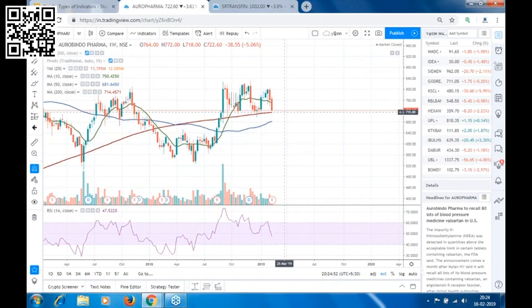Now the reason why we check all these time frames is basically that whenever we take an entry in any stock, we don't want any hurdle. So if you are taking a long entry, then we don't want any major hurdle on top of our entry point. Similarly, if you are going short in any stock, then we don't want any barrier on the lower side, so that we can get a good movement in the stock.